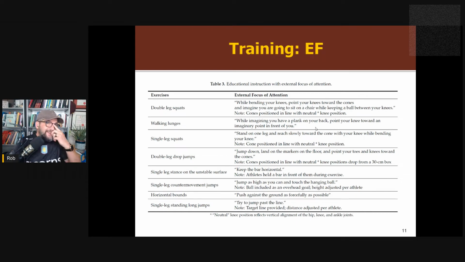But anyways, that's really not the point of this study. The point of this study is not to compare internal versus external, right? They're trying to find, if I'm going to use prescriptive instructions, what are the ones that are shown to be the best? Let's focus on external references and things. So that's really what they were trying to do. Again, sacrificing a bit of more realistic application for experimental control, I would say, was what they were trying to do in this paper, which I totally understand and sympathize with.